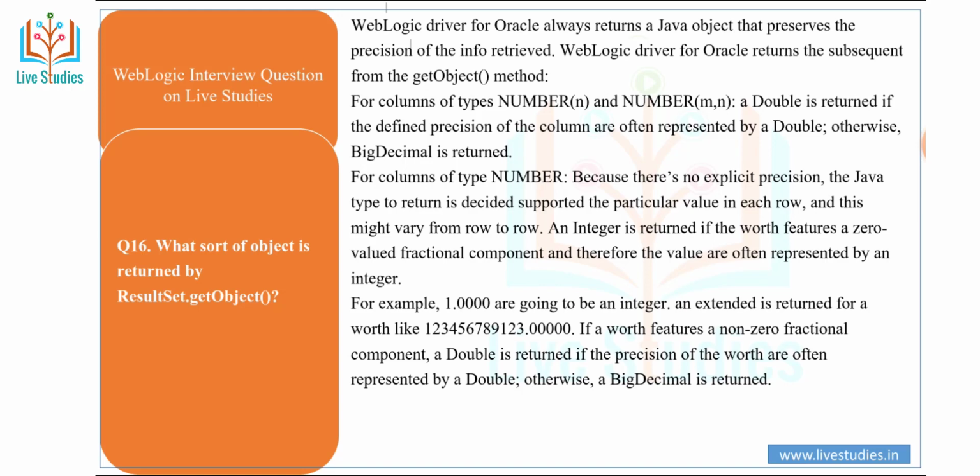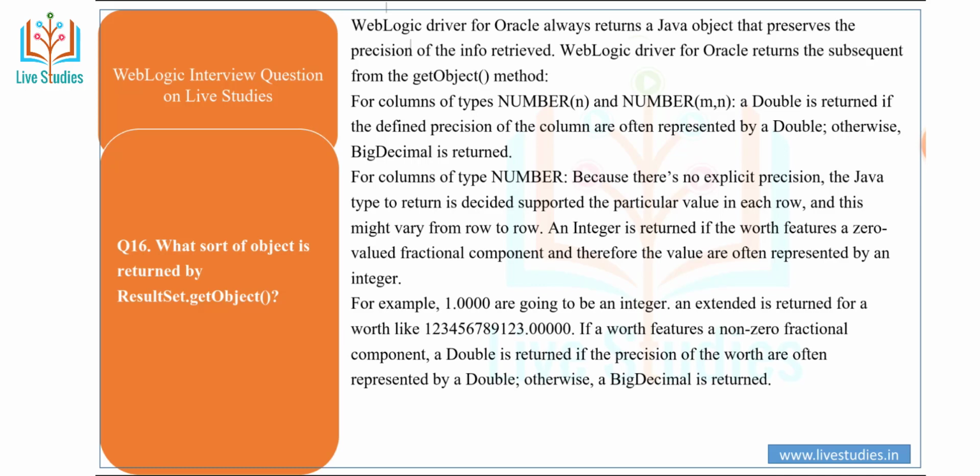For a column of type NUMBER, because there is no explicit precision, the Java type to return is decided based on the particular value in each row, and this might vary from row to row. An integer is returned if the value has a zero-value fractional component, and therefore the value can be represented by an integer. For example, 1.5